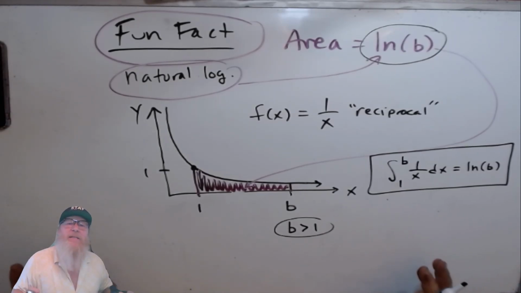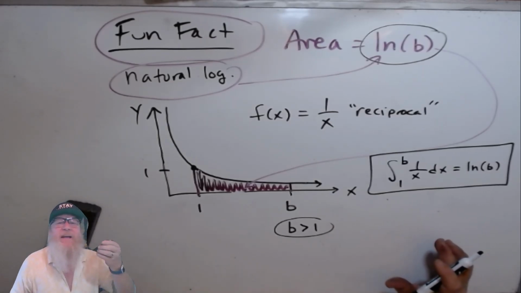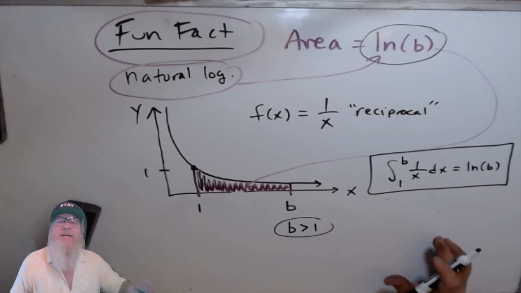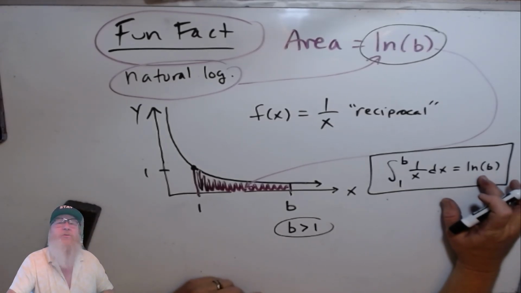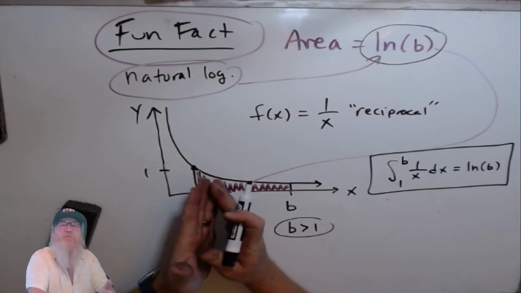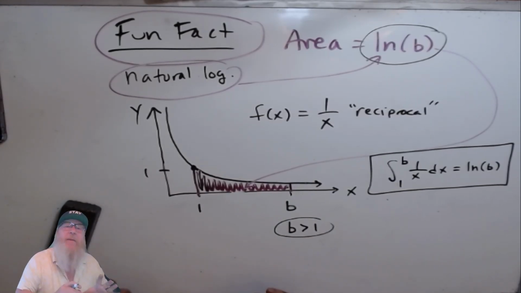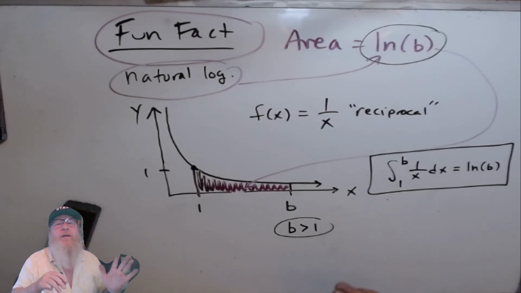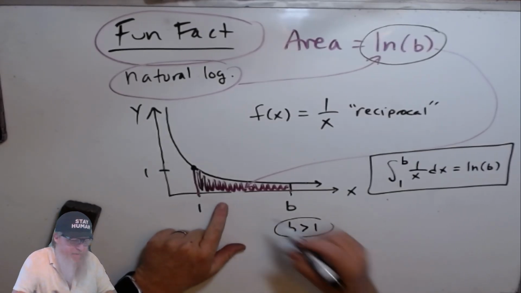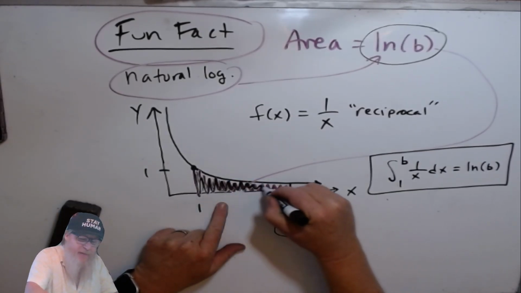Why is that so amazing? Well, if you didn't have a calculator and you wanted to figure out what the natural log of some number was, you could draw this graph very carefully, with a piece of graph paper, maybe a ruler, maybe a nice grid, and you could measure things. Whatever this area came out to be,